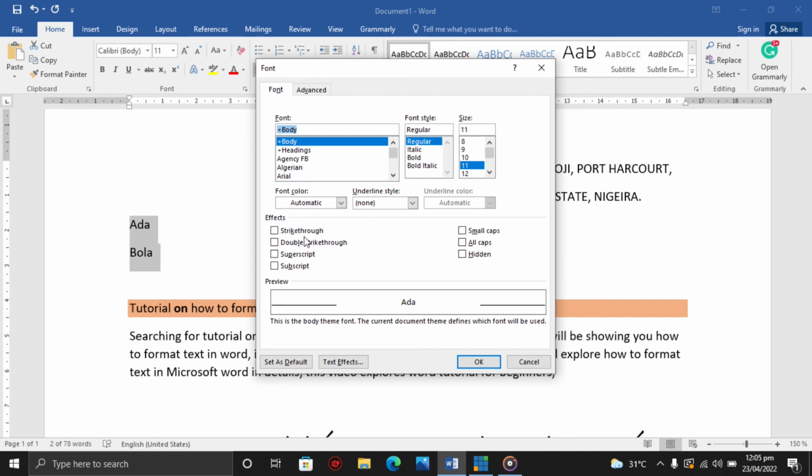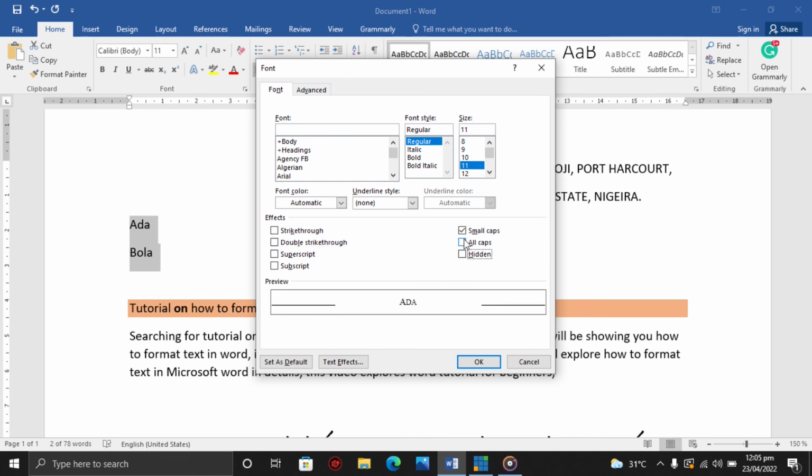If you click here, it's going to bring out an interface where we can see more tools for any of our ribbon groups. So that's what it does.